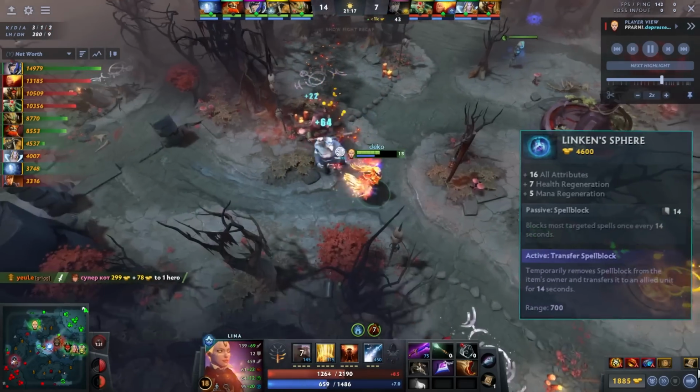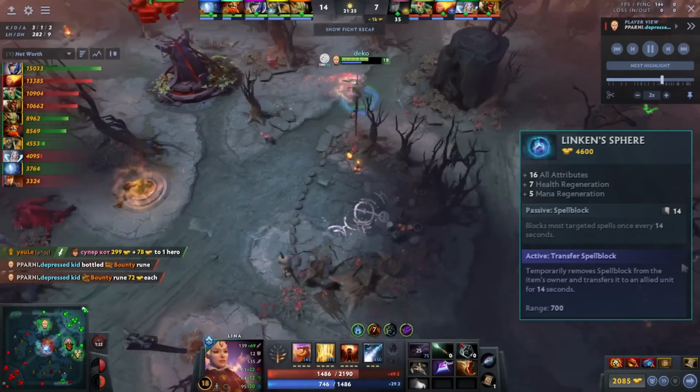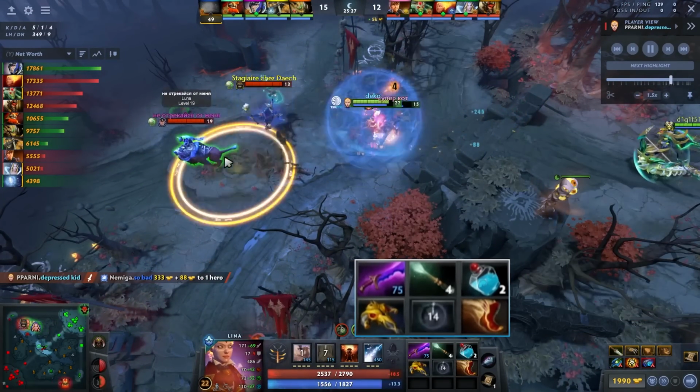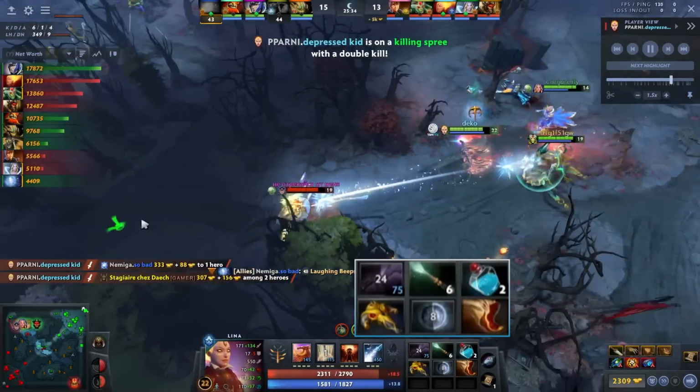For instance, he's going to be picking up a Linken's here. That's clearly to deal with the Sand King stun and the potential Shaman initiation, and it definitely seems reasonable. Now, in terms of items, there's honestly a lot of things you can do as Lina, so it's a bit tough. It's very much game dependent, as we'll see him rip through the Shaman here and look to chase down